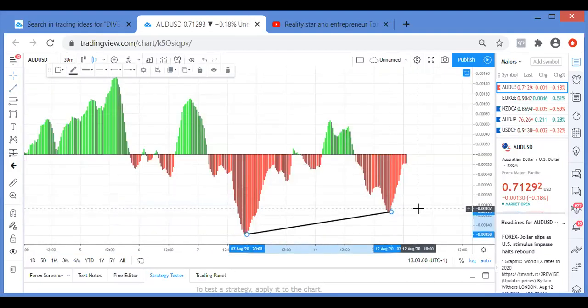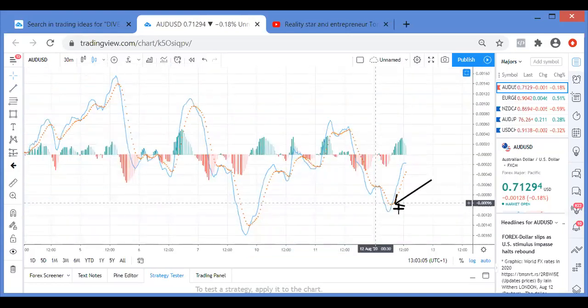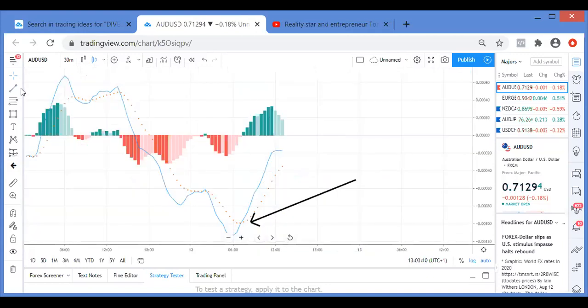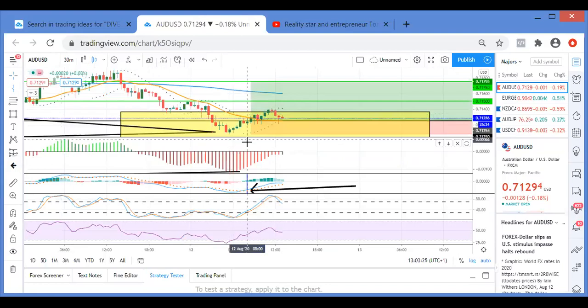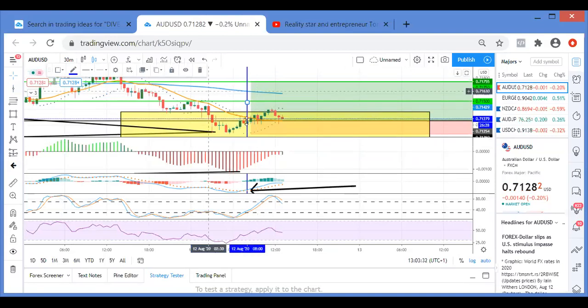So that's regular divergence. When I spot the regular divergence, all I'm waiting for is my MACD to cross. And you can see here, as soon as the MACD crosses, not this one, when it crosses, that's why I enter. So this point here, I mark it here. So my entry would be on this candle here.